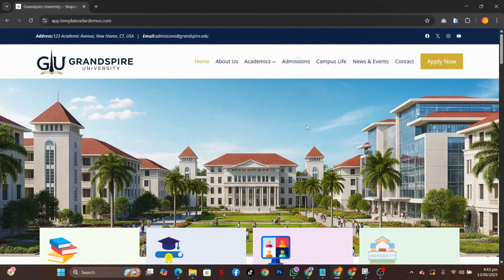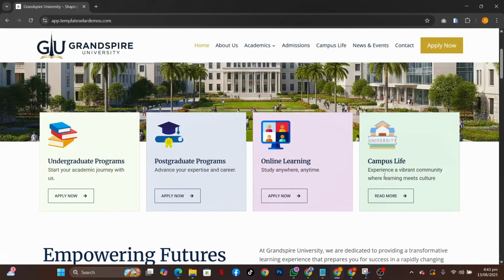I'll show you where you can download nice icons to use for your website. So this is the undergraduate program, this is the postgraduate program, these are online programs, and this is campus life. I'll show you how you can create these beautiful buttons also,